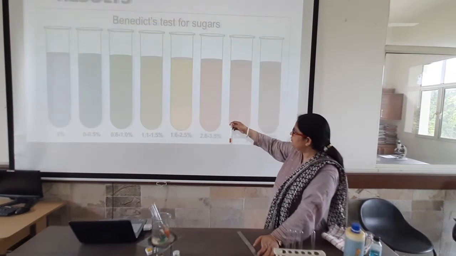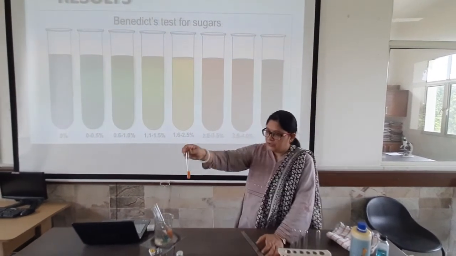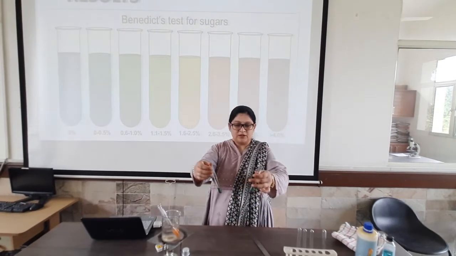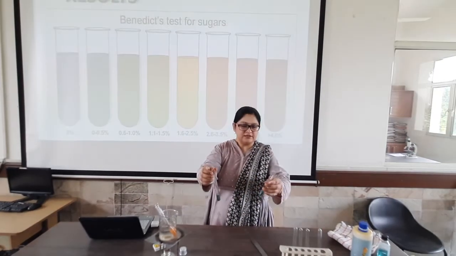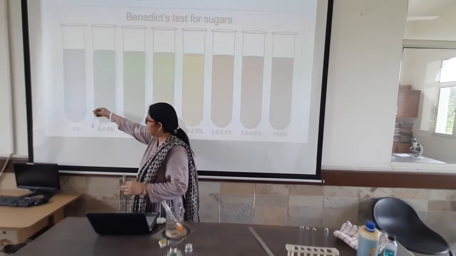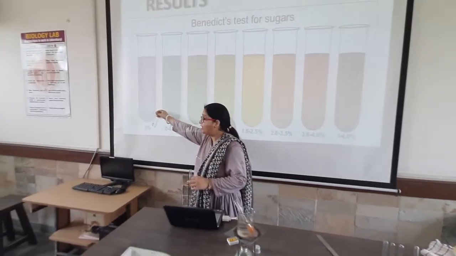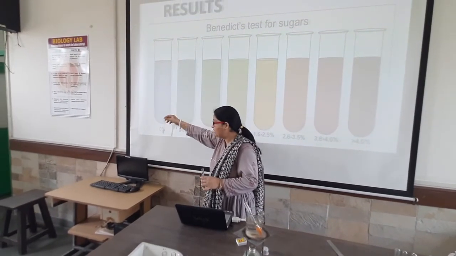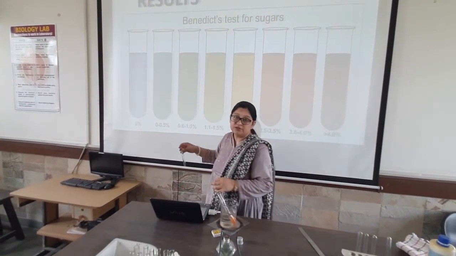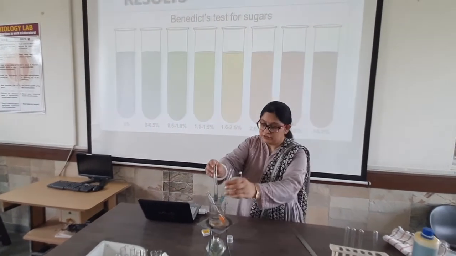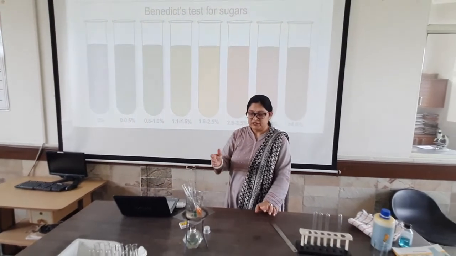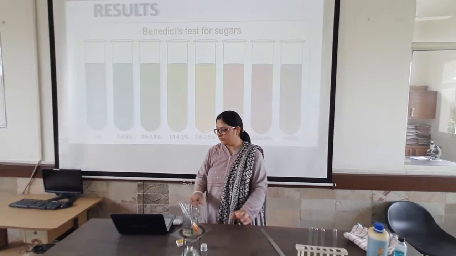So here also you can see the same percentage, and then, students, we have two samples left, sample 4 and sample 2. Here you can see sample 2 doesn't have any glucose in the urine, while here you can see a little bit, 0.5% glucose is there in the urine. So in this way we can identify the percentage of glucose in different urine samples.